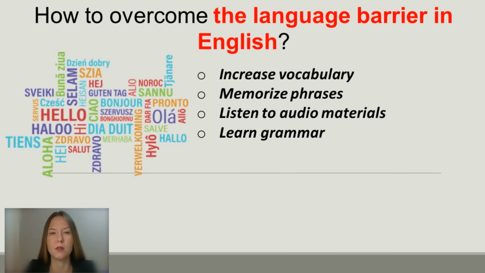Listen to audio materials. Do not worry if you can't understand English by ear, develop your listening skills. How to overcome the language barrier with audio materials? To do this, you can watch news, movies, TV shows in English, listen to podcasts on topics that interest you, etc. Try to listen to something in English at least 10 to 20 minutes a day. Do not stop your studies. Even if at first you cannot understand half of what was said, your ears need to get used to the sound of unfamiliar speech. You gradually adapt and can understand everything you are told.